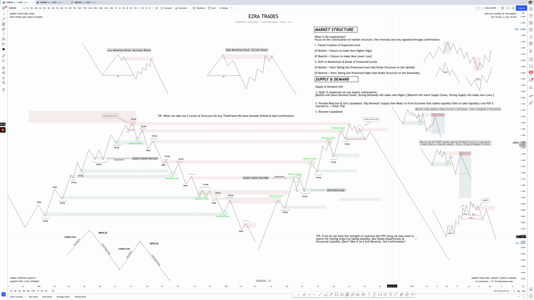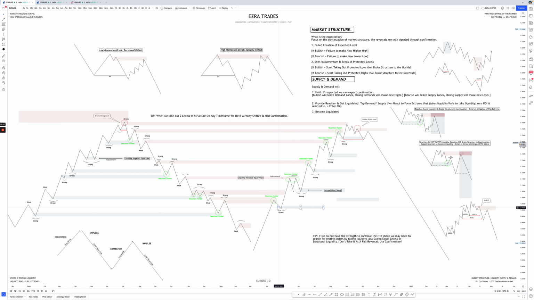So use confirmation. Now, one thing to just cover, if we look to the left here, all of this is trend line liquidity that we're building. So each time that we're pushing higher on price, we are taking liquidity. But in instances like this, where we are on a pullback corrective phase, and we fail to make new highs, what we could see is that this